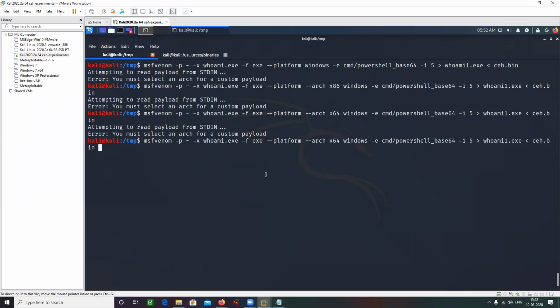Oh, nobody's going to tell me there is a typo over here. And I have mentioned this flag at a wrong place. This is the wrong place.